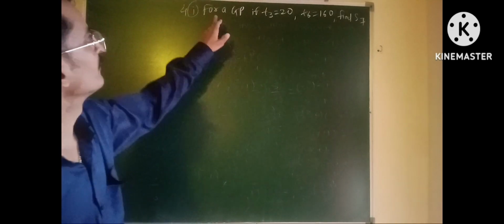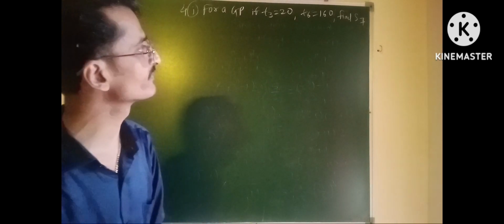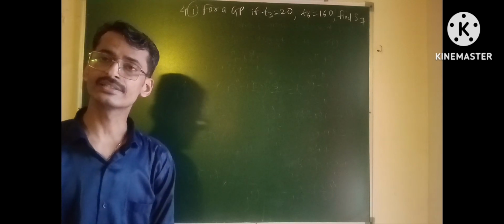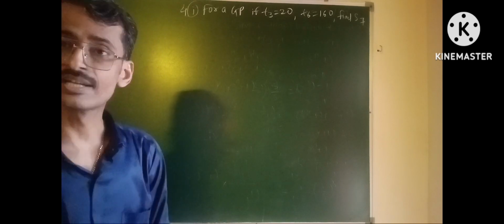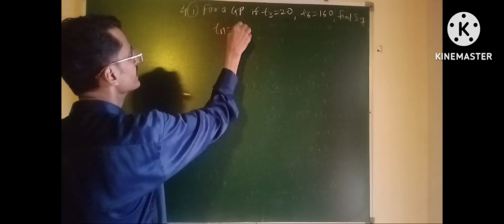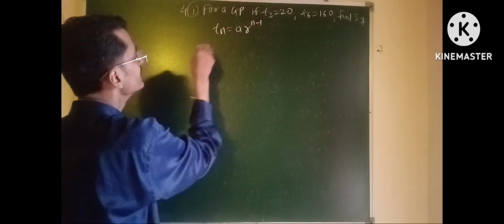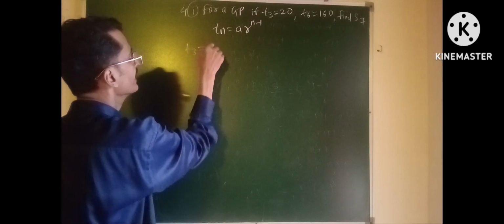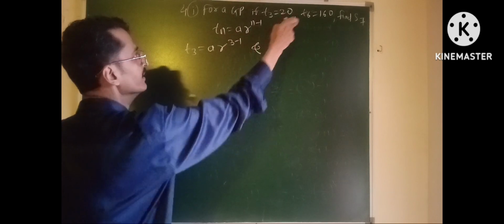Now here for a GP, T3 is given 20, T6 is given 160, question is find S7. Okay, now T3 means third term is given and T6 means sixth term is given. So what is formula of nth term of GP? Tn is a r raised to n minus 1. Okay, so put here n is equal to 3 and then 6. Therefore T3 is a r raised to 3 minus 1,